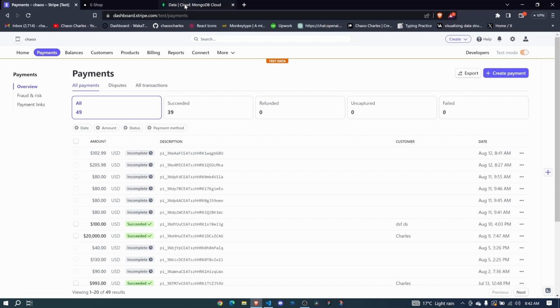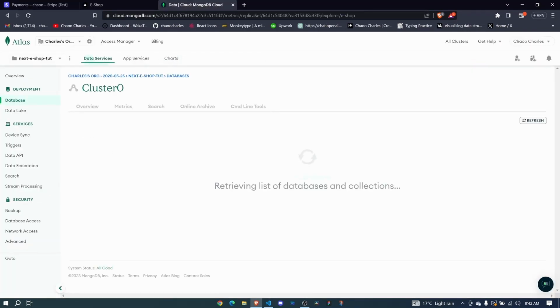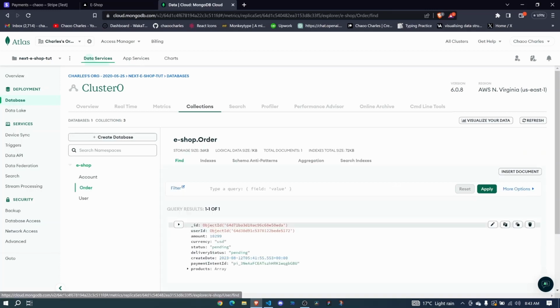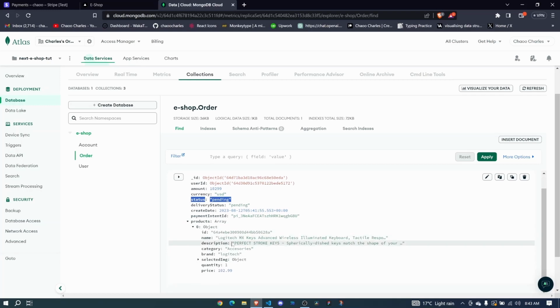Now, if you go to the database, you will be having an order created. So refresh your database and go to order. Now look here, we have this order created, currency USD, status pending, delivery status pending. This status here is for payment status, so it's not yet paid. And then here we have payment intent ID. We have product. So if we expand this, we have one product, which is Logitech MX keys, which we are